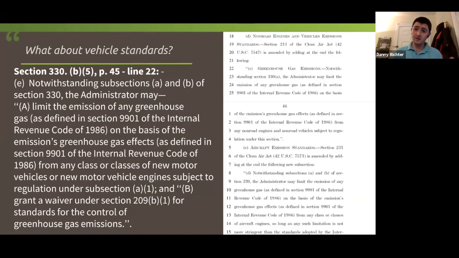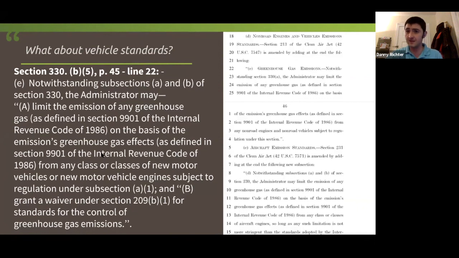So if you are into these details, you may know that California was granted a waiver from following the federal government's standards to pursue more strict standards for its vehicle fleet to cut back on emissions that were causing real harm. California can still do that. The effect was that California effectively set the standard for the country because 1 out of every 9 Americans is a Californian. And so it's just such a big market that they were able to keep this.